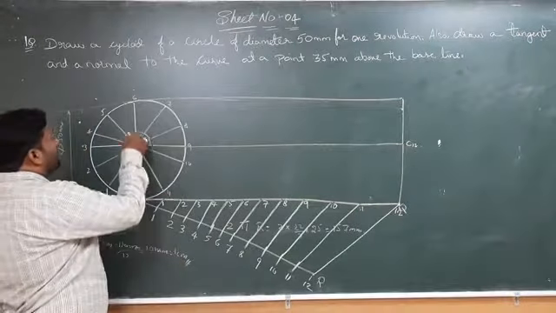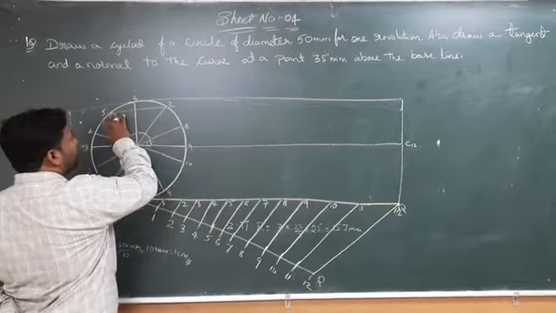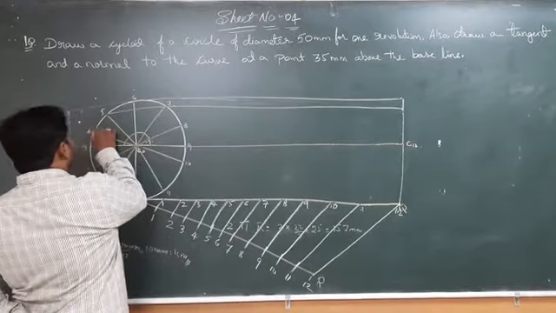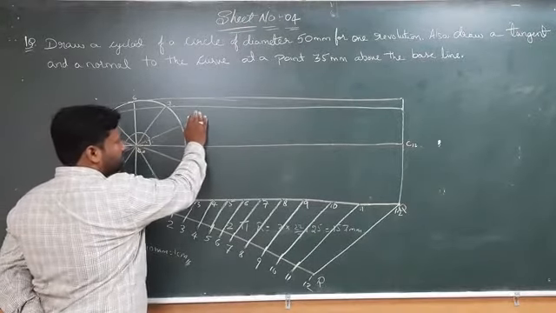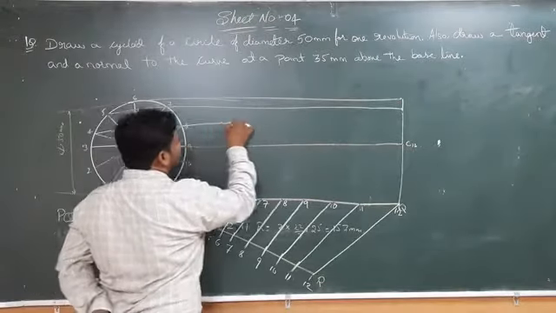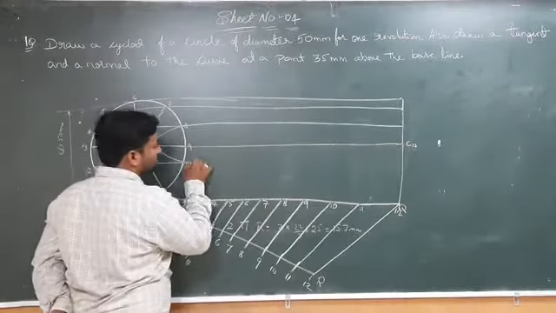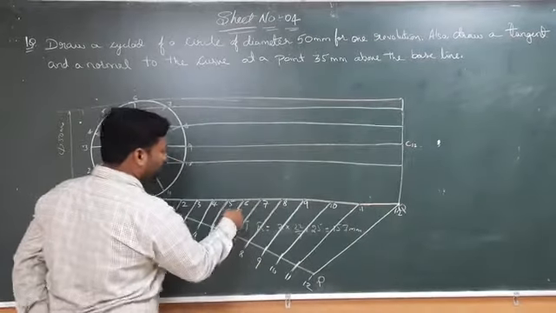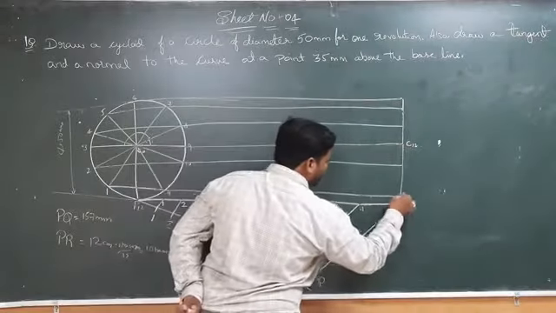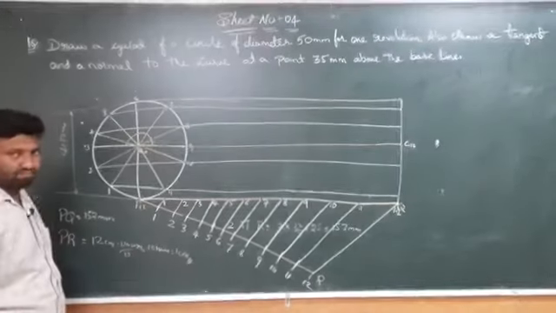Now next we have to draw another parallel line starting from 5, passing through 7, and we have to join it to this line. In the same way, we have to draw another parallel line. It should be parallel to the base line, from 4 passing through 8, and we have to join up to this one. We have to repeat the same thing. 2 to 10 is a straight line, and it should be parallel to the base one. Next, from 1 passing through 11 and joining to this one. Like this, we have to draw this line parallel.